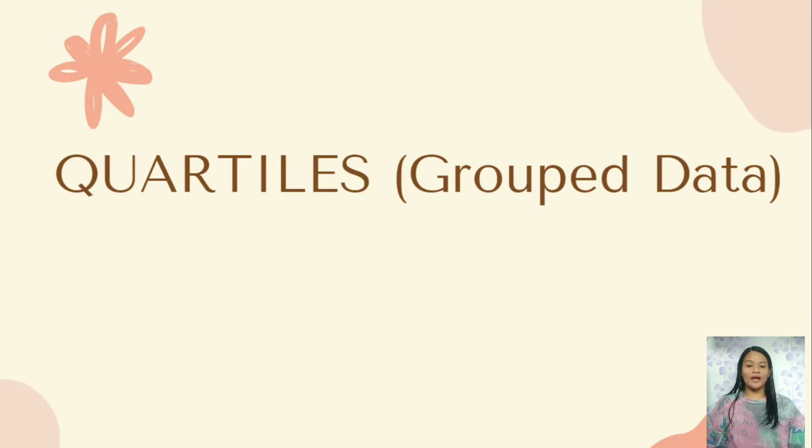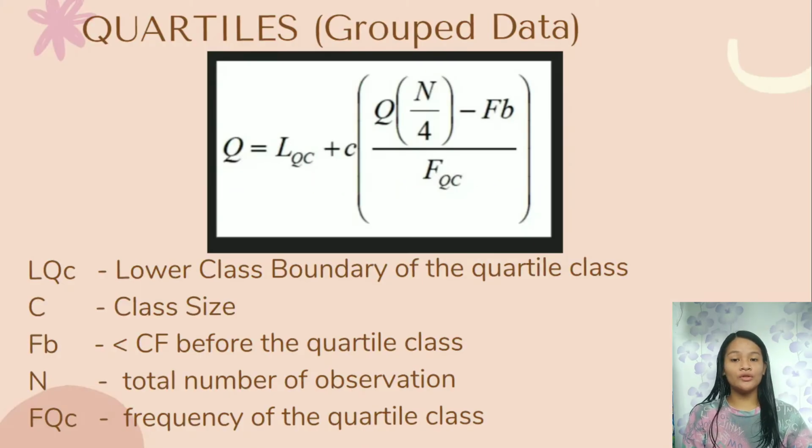Quartiles for group data. These are the values that divide a set of scores or observations into 4 equal parts. That is the formula we need to use to find the value of quartiles in group data. Q is equal to L sub QC plus C, open parenthesis Q close parenthesis, open parenthesis N over 4 minus F sub B close parenthesis, all over F sub QC, where L sub QC is the